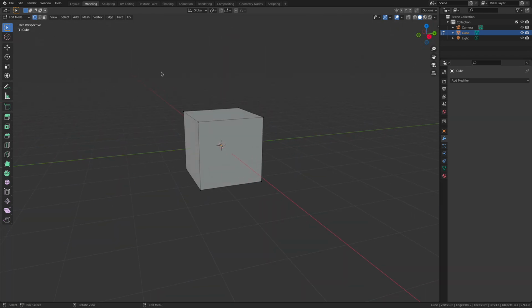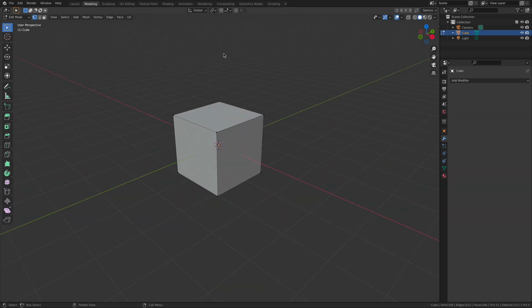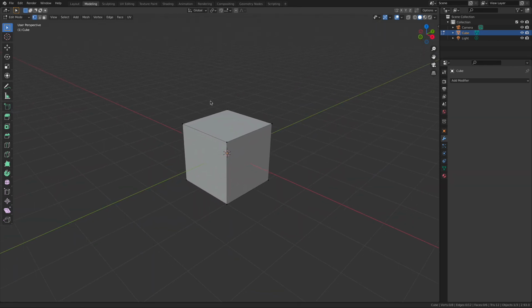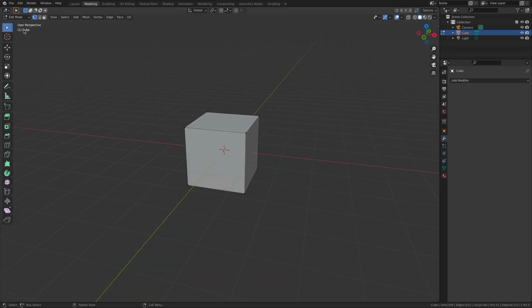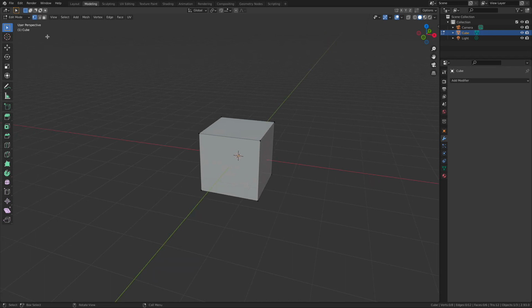So now that we have a little bit more comfort with how we're going to work inside the interface itself, let's talk about the rest of the interface. And there's a lot going on in here. Now, probably the second most important part inside the Blender interface is this little drop-down menu right over here. This drop-down menu is going to change our modes. Now, the default mode in the Modeling tab is the Edit mode.